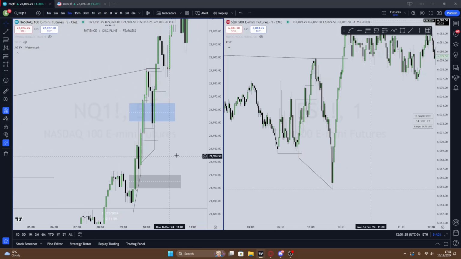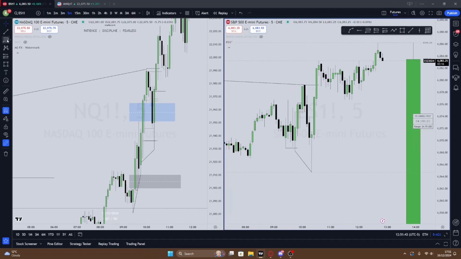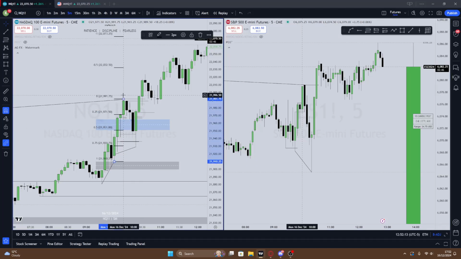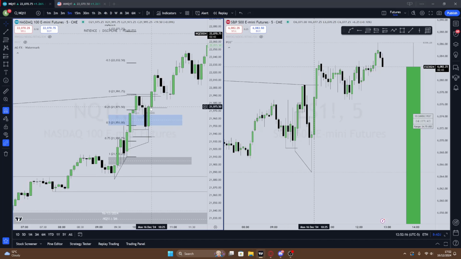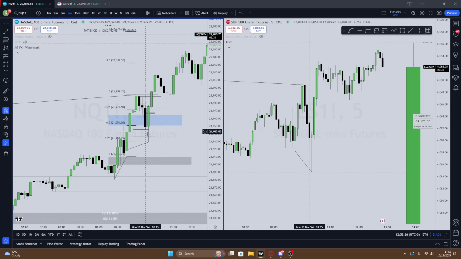we go on to the 5 minute. So drawing fib diagrams, stuff like that, what I usually do is from the SMT low right here, you want to draw the fib on the NQ chart. So from here, draw up to there, and that's your range. Well, that's what I use as a range. You could have used it from this low, it would have been the same outcome, but I like to use it on the 5 minute and where it's swept liquidity.